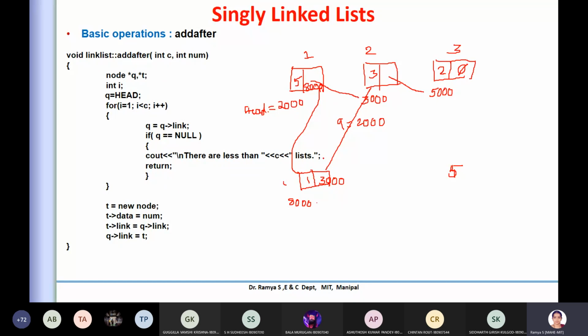So the cost, complexity or time consumption with the linked list will be lesser compared to the array. Okay, hope it is clear for you. Now let us go for the another one.